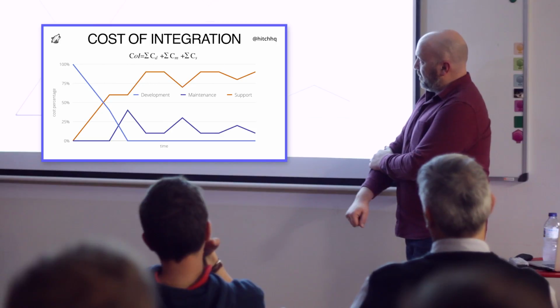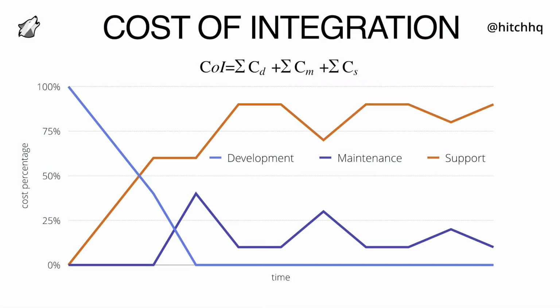The third cost is the cost of support. Where you had almost zero cost for development, and low cost or costs tending to zero for maintenance, the support cost will grow with the user base growth as well. So the more users you have, the more time you'll have to spend on support, basically. So again, the idea here is to think about this cost for each integration. So this is what I want to transmit here.